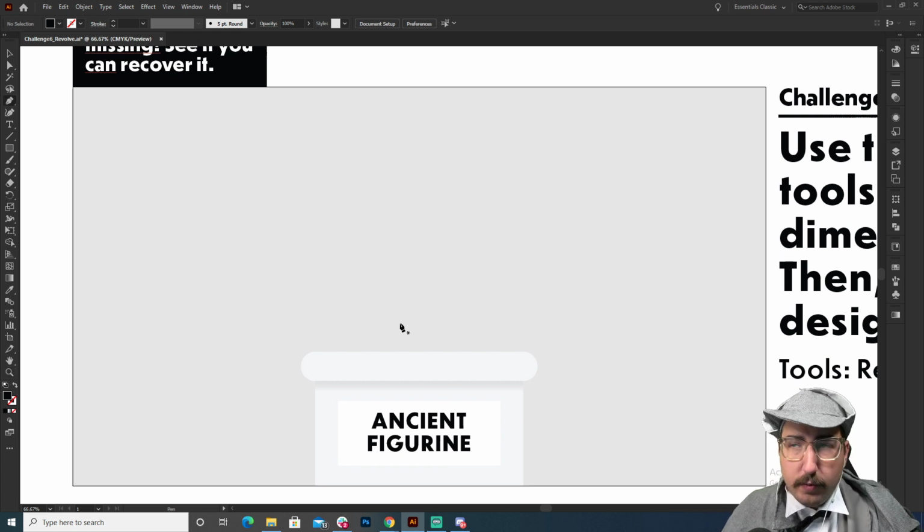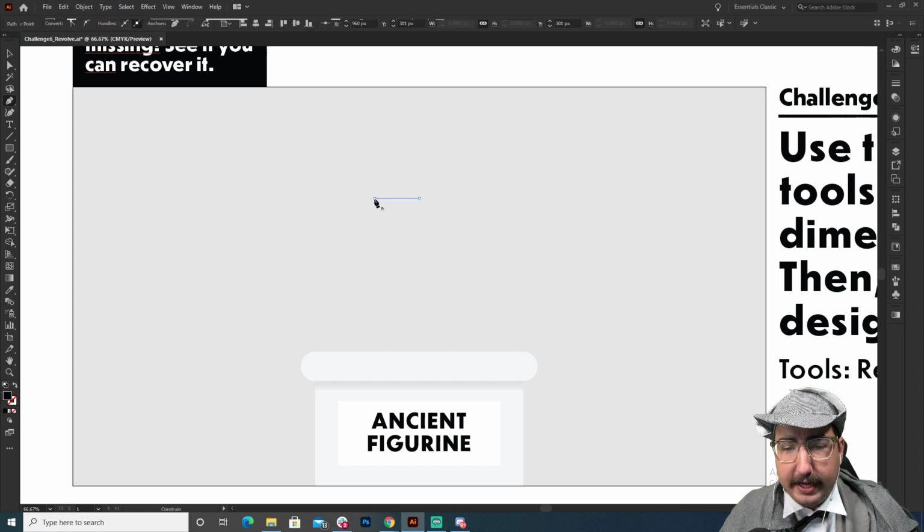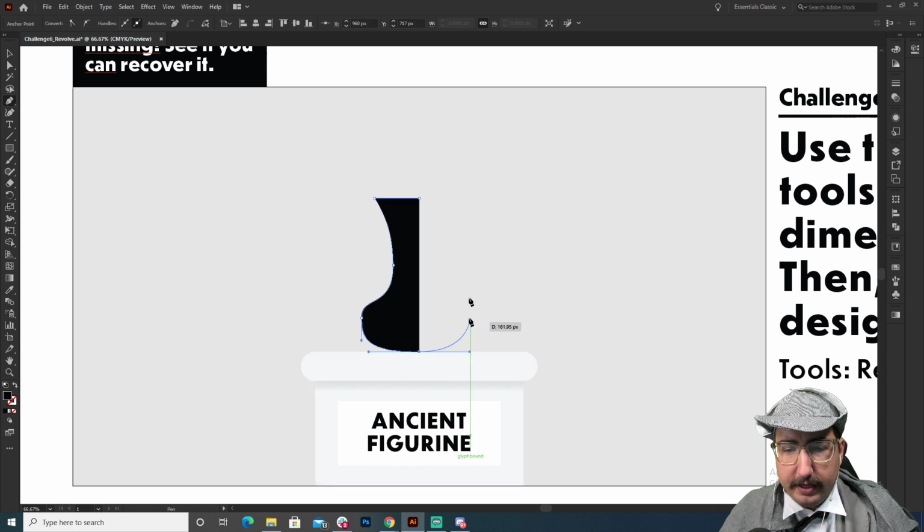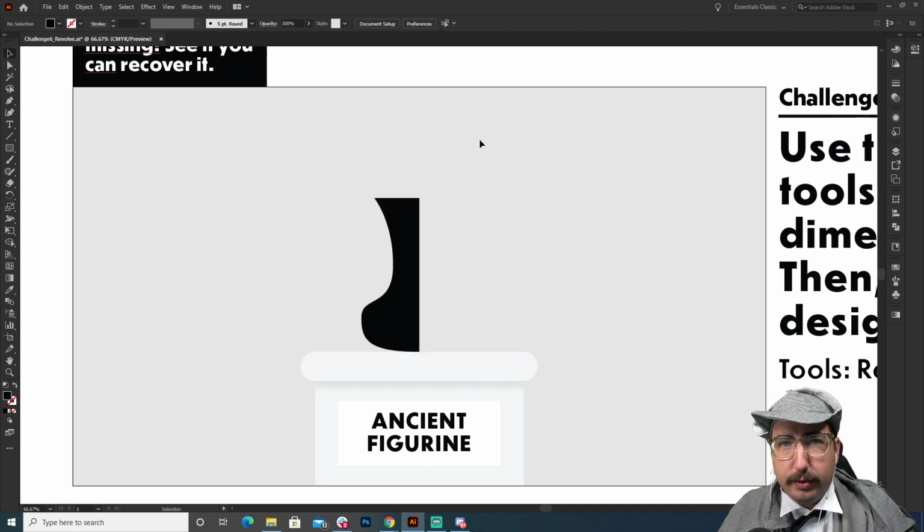Now, with the pen tool, we could very easily come in here and kind of just create what we think is a vase, right? We're kind of just going around here, and this is not what we're doing for the challenge, but I want to show you the idea, right? Is that we'd come in here and we'd create something like this, right? And we're like, okay, cool. That's a vase. It's a vase.